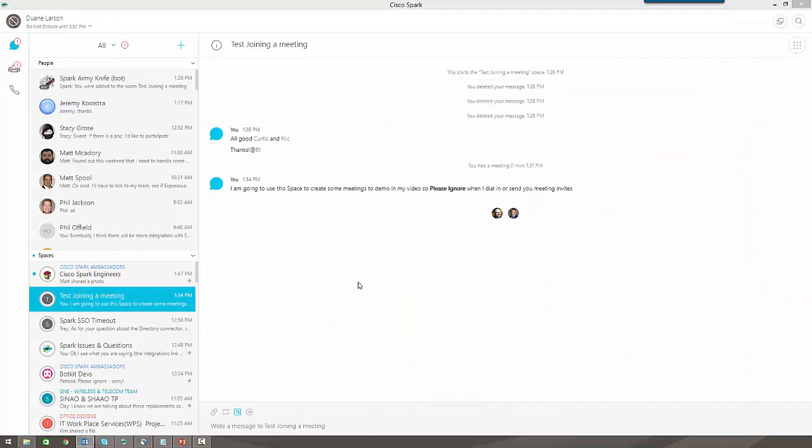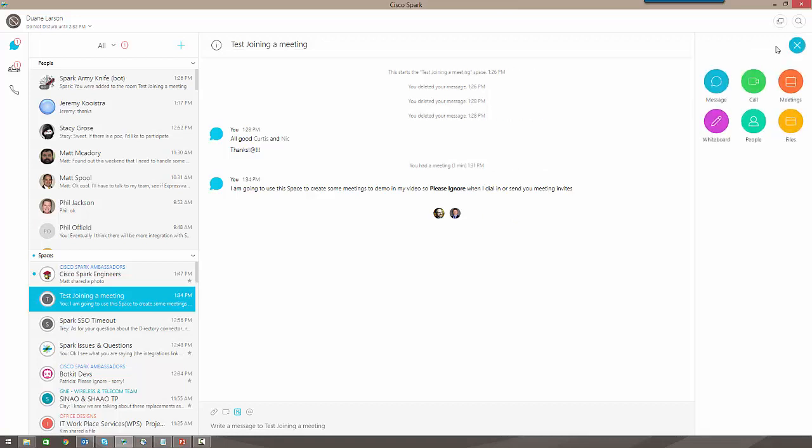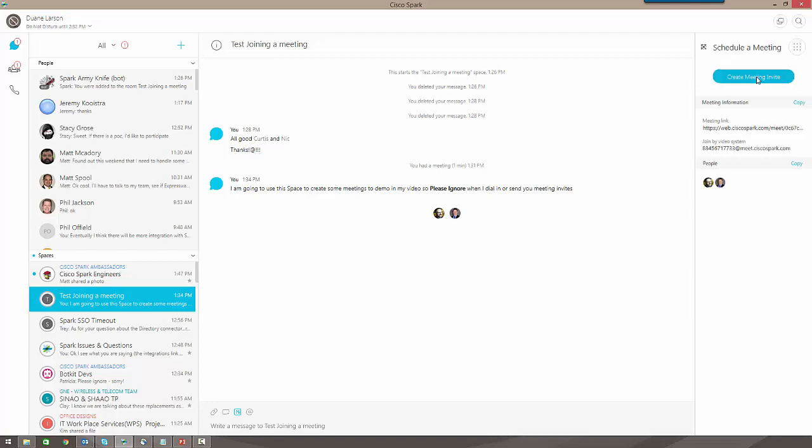So it might take a second to actually create it, but as we're waiting, if I want to now show you an example of how to create a meeting request inside of an existing Spark space, I would go here, click the activity button, and notice all this populates. And now I'll go to click the meetings, and I'll say create meeting invite. So when I click that,